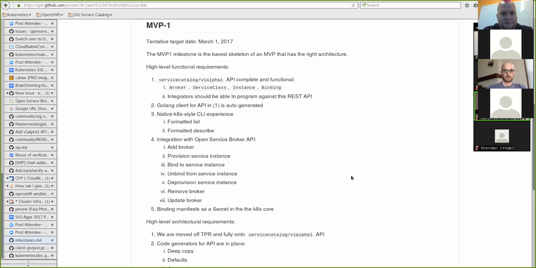So let's talk about functional requirements for this. The first is that Service Catalog v1 Alpha 1 API is complete and functional, meaning that you can do REST CRUD on the broker, service class, instance, and binding resources. And complete is defined as an integrator should be able to program against a REST API. The second one is that a Golang client for that API is auto-generated. And what this means is if folks are familiar with the Kubernetes